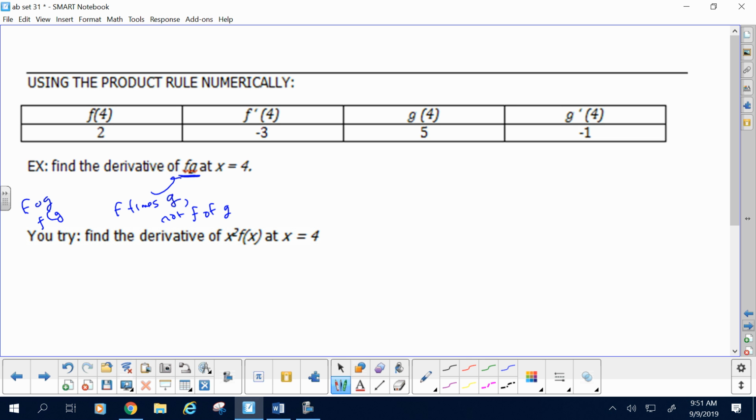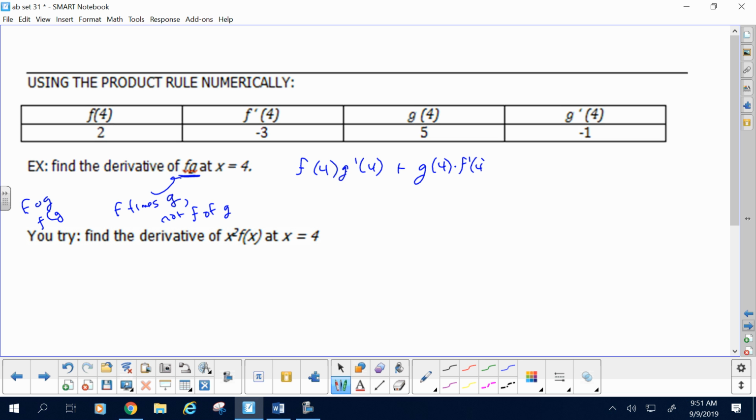All right, so by product rule, the general derivative is, first stays the same, so I need to find f at 4, times the derivative of the second, which would be g prime at 4, plus second stays the same, g at 4 times the derivative of the first,